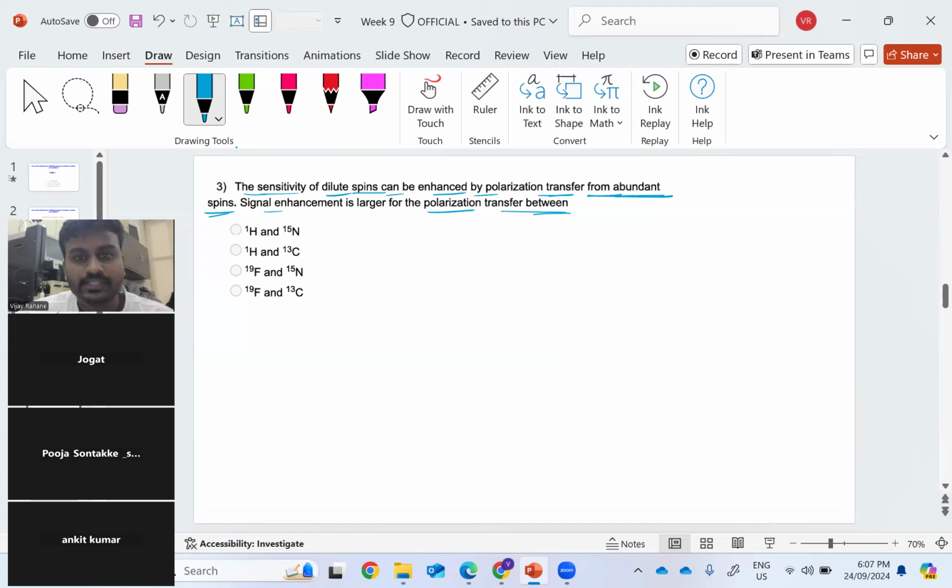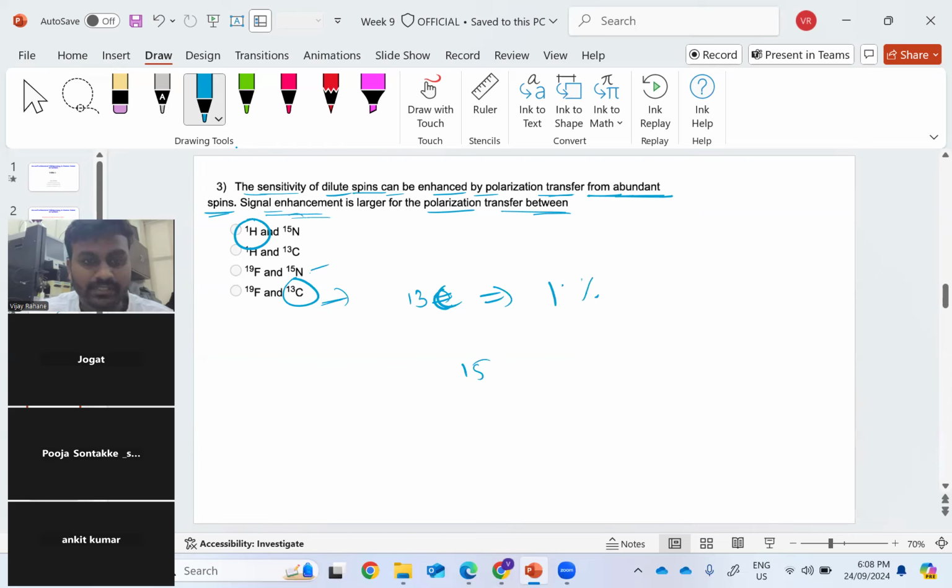For that one, the polarization transfer signal enhancement is larger, because if you look at the different nuclei given here, this is 13C. 13C is generally about 1 point some percent, right? Around 1%, you can say. Nitrogen also is not that abundant. But if you look at the 1H,